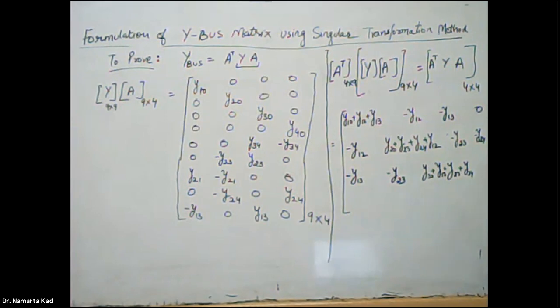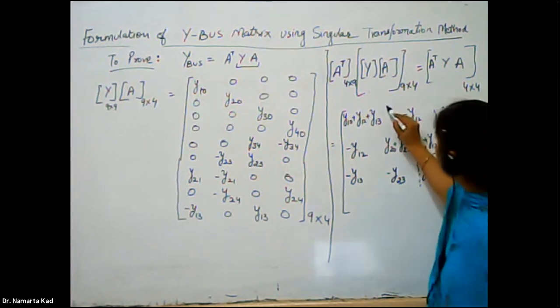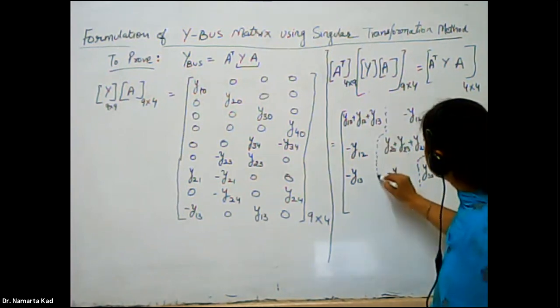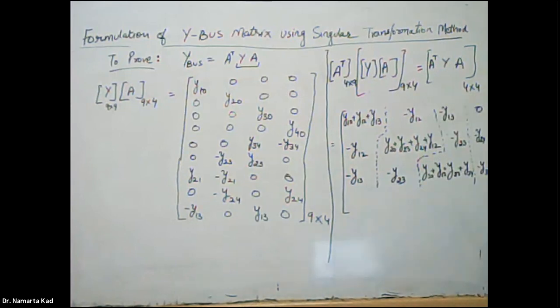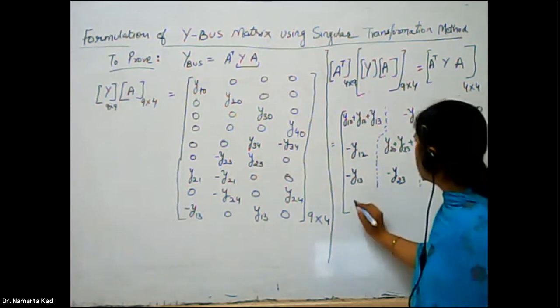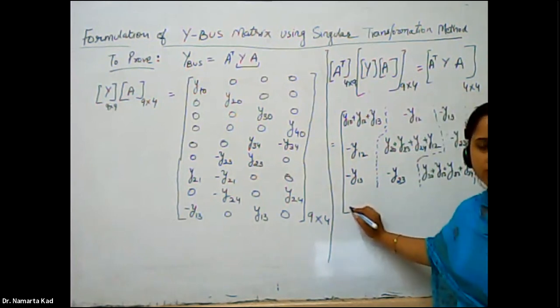The fourth entry comes out to be minus y3 4. Okay, this is the separate one. Now the final row entry, as there is no connection between 1 and 4,